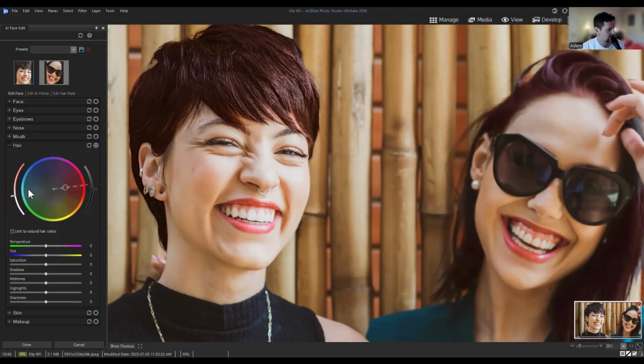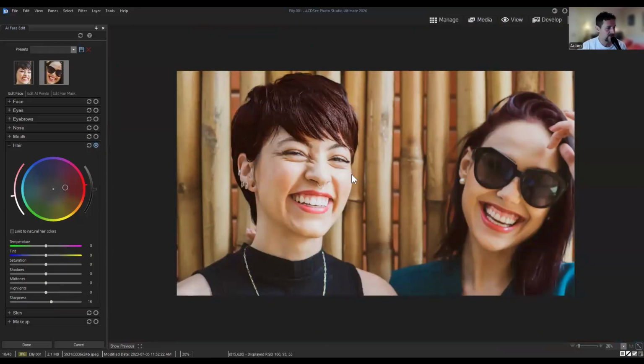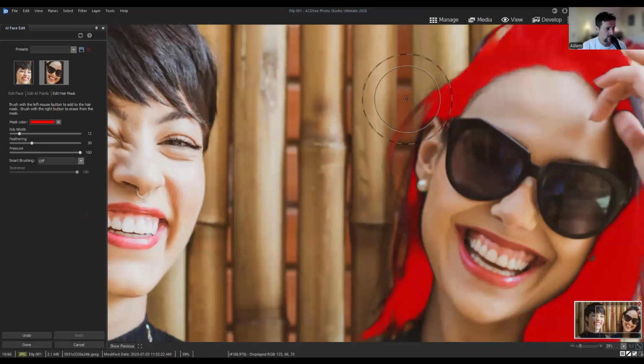Increase the saturation, etc. So this gives me the ability to change hair on multiple subjects within the same image. It also gives me the ability to edit the hair mask, to add and incorporate things, and to change basically the color and brightness of my subject's hair, and also things like sharpness, that sort of thing. So this is an extremely powerful tool. It gives me the ability to go in and edit these things, and at any point I can change the function of this. I can go in and edit the mask that adds or removes this certain